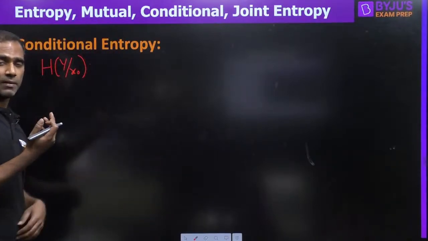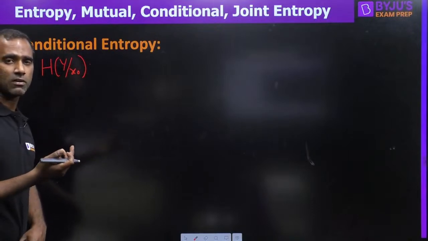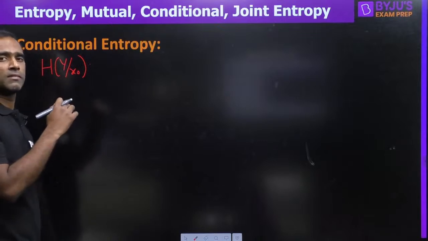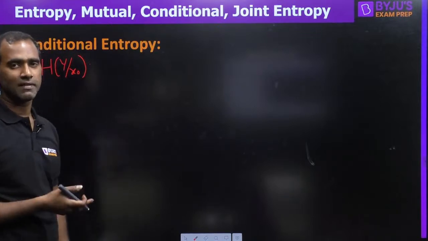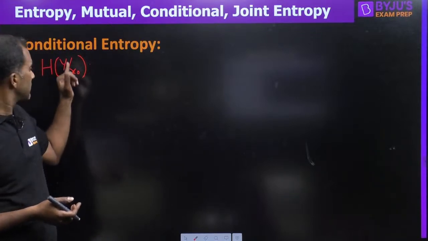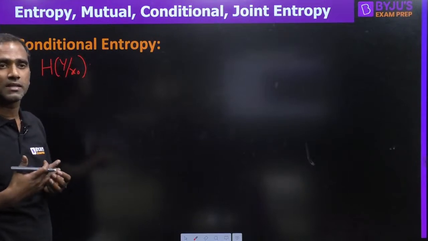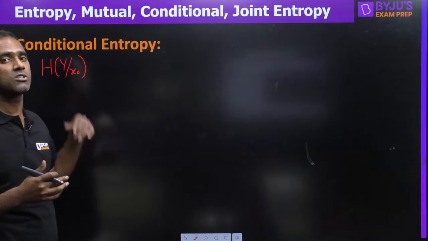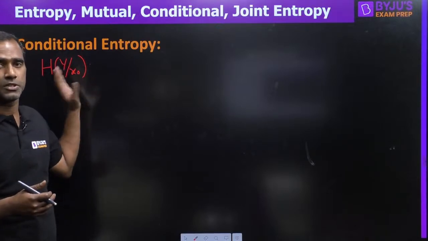Okay, we have talked about h of y. When you talk about h of y, we are talking about y naught or y1. They are the 2 possibilities. Now given x naught also, the possibilities are y naught and y1. But since x naught is given, it means we are told that x naught is transmitted. When it is told that x naught is transmitted, what is the information?